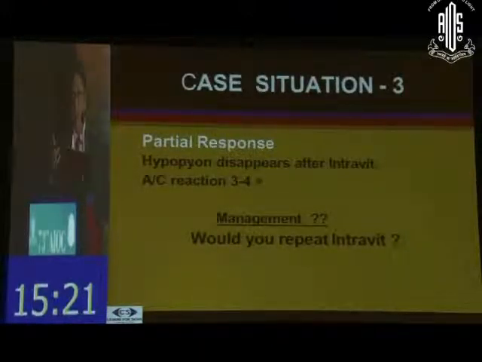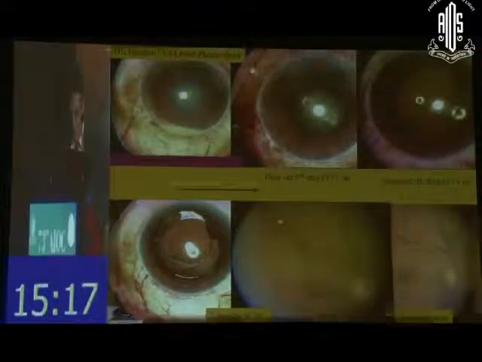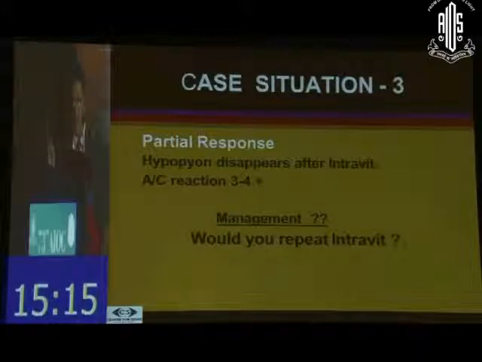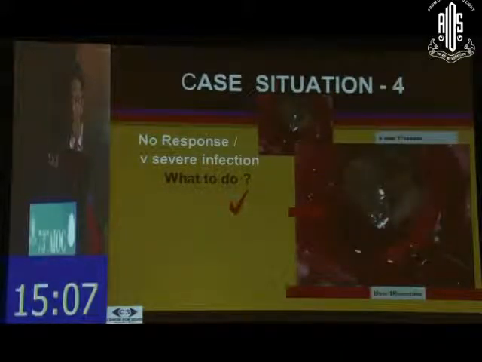What should we do if the patient does not respond as well as this gentleman responded? If the patient does not respond or responds partially, then don't hesitate to do a vitreous surgery in such scenarios. We don't try to give a repeat intravitreal unless the facility for vitrectomy is not available, or you can't do vitrectomy, or by this time the culture sensitivity report has come and the sensitivity pattern is different. Then only you can repeat.